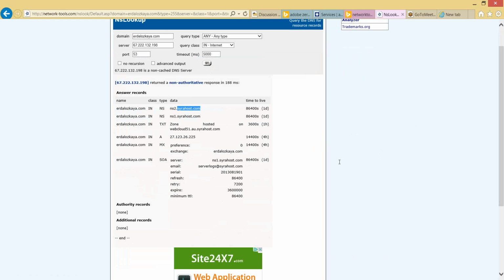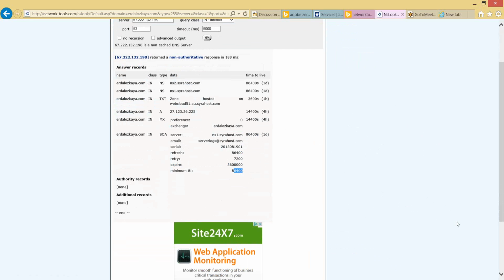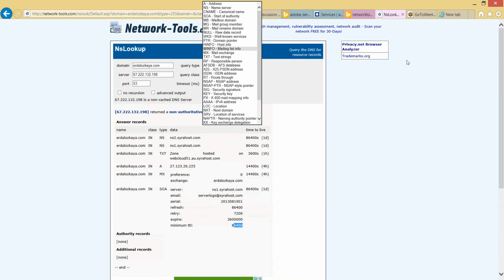It found my hosting company. It found my web app. You can see it's been hosted in Australia. It finds the server name, the serial number, the SOA, when it expires, the TTL. What else can you find? You can come and run, for example,